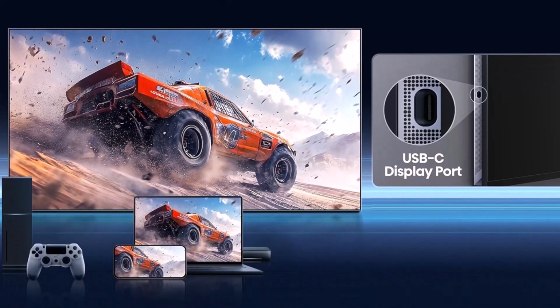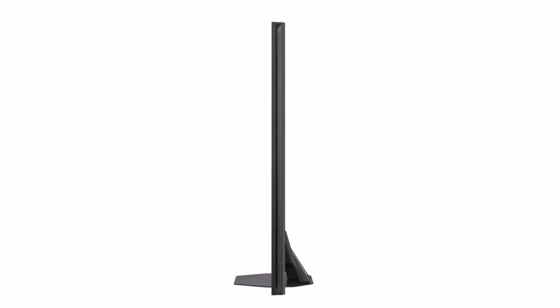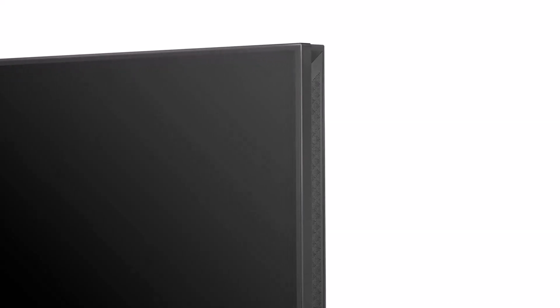We're looking at $1,399 for the 65-inch model, $1,899 for the 75-inch, and $2,499 for the massive 85-inch version. Now, I know that sounds steep, but when you see what this TV can do, you'll understand why it's sitting at number 2. The U8G is basically Hisense's love letter to gamers and anyone who wants their content to literally